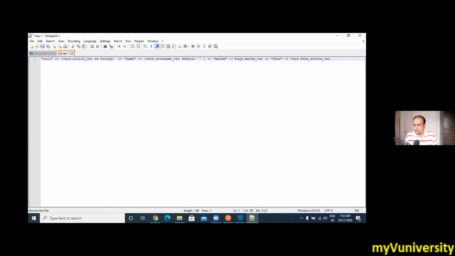Fees also, do the same thing. Let's try that. So all number variables, we are converting into string. That means either converting numeric to string is the problem, or giving the default clause is the problem. One of them is the problem for your expression. Let's see what gives us the solution.